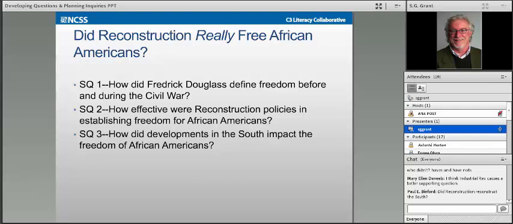Obviously, there are 100 different manifestations of supporting questions that could take kids in tangents around that compelling question. But we thought that these 3 questions, by focusing in on this notion of freedom, really give kids an opportunity to return to the compelling question when it comes time to do the summative task, which is making an evidence-based argument. Now, just a couple of points more about these supporting questions.